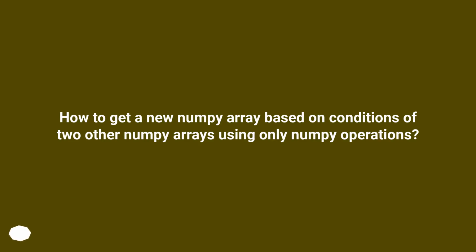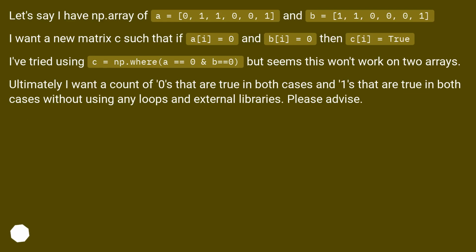How to get a new numpy array based on conditions of two other numpy arrays using only numpy operations? Let's say I have np.array of a equals [0, 1, 1, 0, 0, 1], and b equals [1, 1, 0, 0, 0, 1]. I want a new matrix C such that if A[i] equals 0 and B[i] equals 0, then